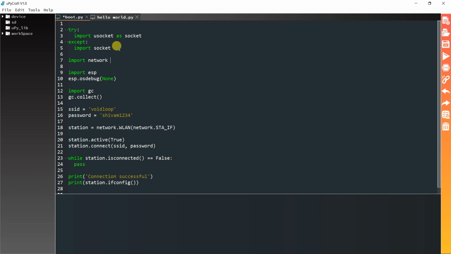I am creating the web server using socket and the Python socket API. So I will import the socket library. After that I will import the network library.